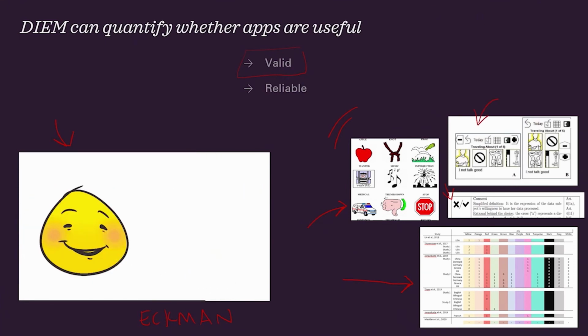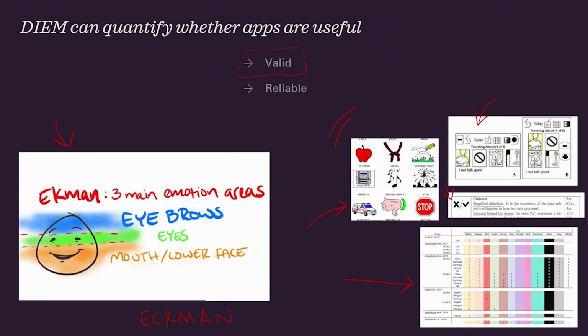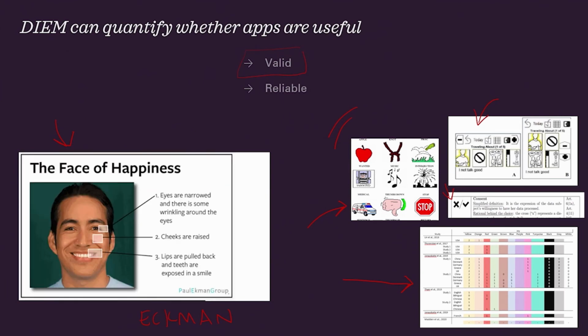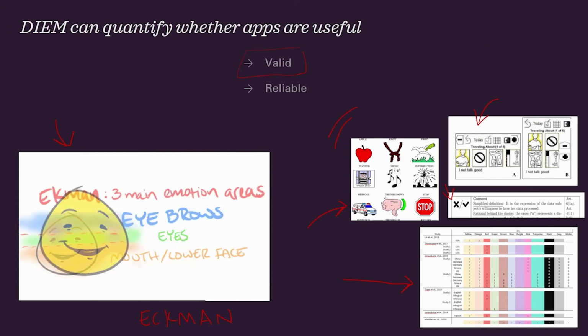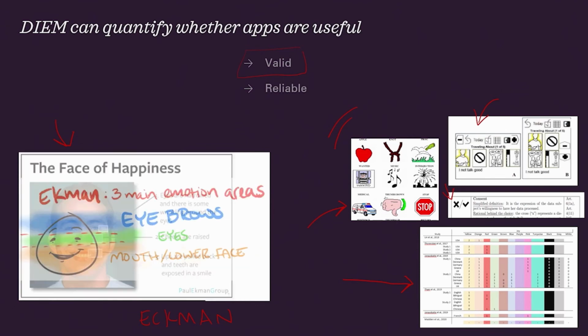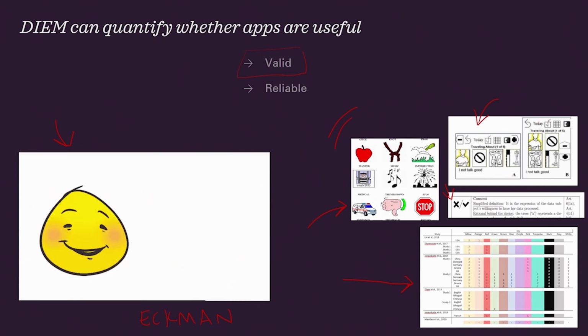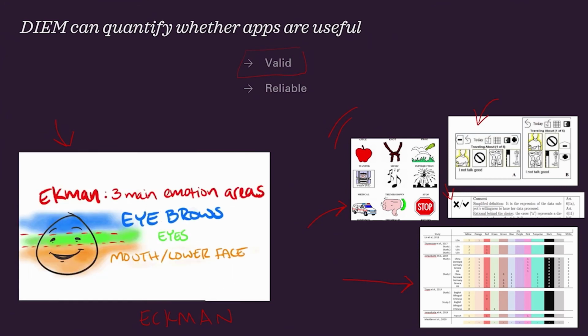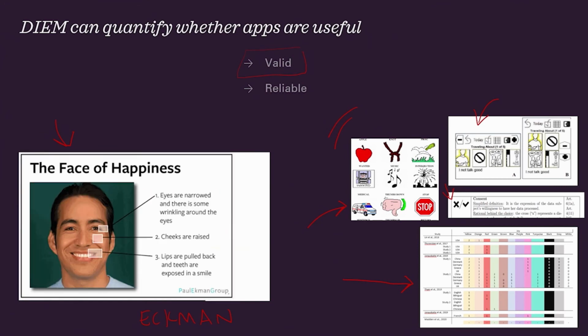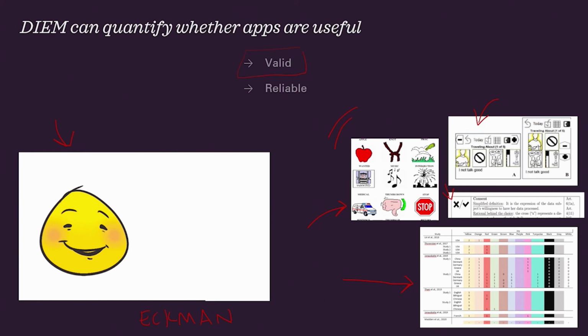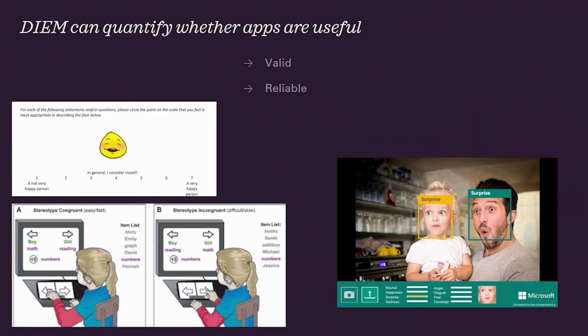So aphasia is when a person loses, well, one type of aphasia is when people lose the ability to speak. They can still think verbally, but they can't speak. And so often they use icons to communicate. And so these are all the different bodies of literature that we pulled from to make sure that our scale had construct validity.